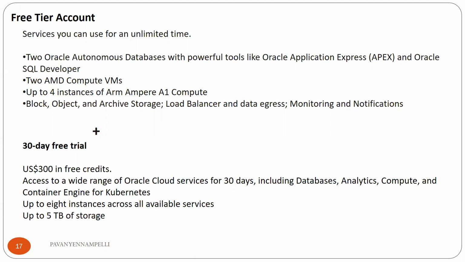In paid subscription, there are two types of models. One is pay as you go, where whatever the usage you use, you pay for the time, whether it is 1 hour or 2 hours, 5 hours, something like that. You can use pay as you go model, or flexi account, where you pay for a month in advance, like a monthly rental amount. You can lease it for a month, and pay for the monthly model. So this is how the cloud models are designed.